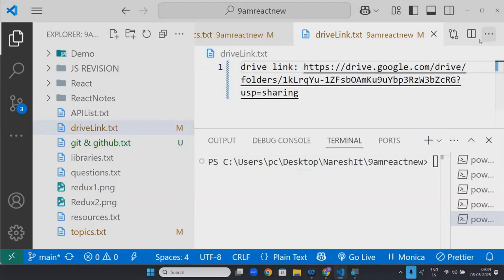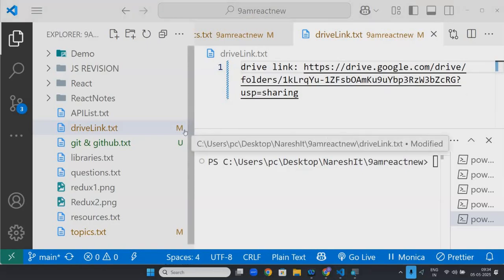Anyone guess what is M? Modified. But how do they know that I modified it? Because Git will track it. Git will track every change you do. And that is the use of the Git tool.